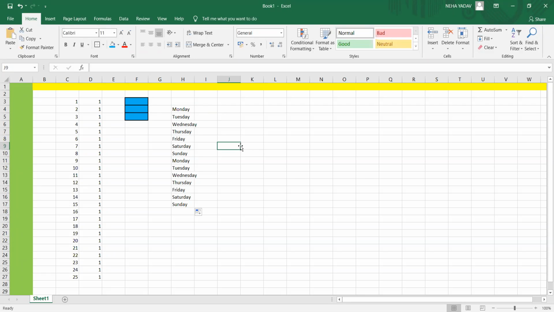And supposedly I need Monday only. I'm writing something for Mondays only. So I will just write Monday here and I will again write Monday here. Then I will select. How will I select, beta? I will use the left click, the way we select anything. I will just move my cursor towards the right corner of this particular selection. Then I'm going to move it down. So only Mondays will come.